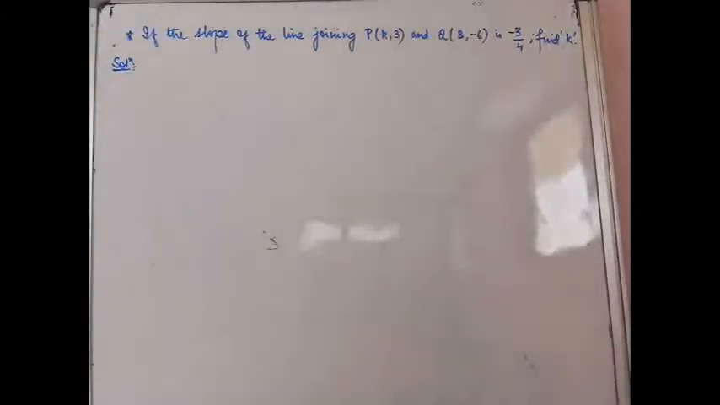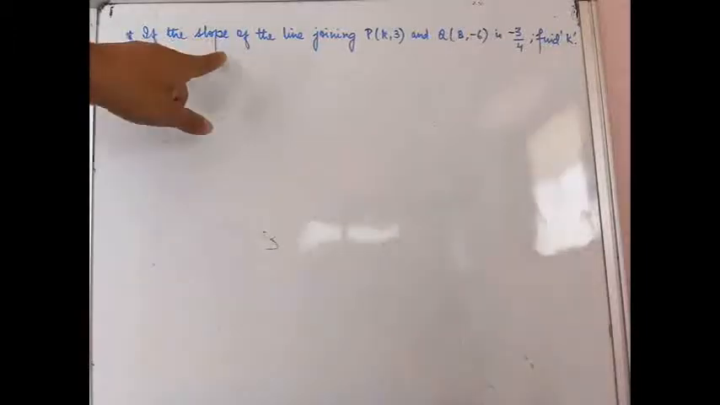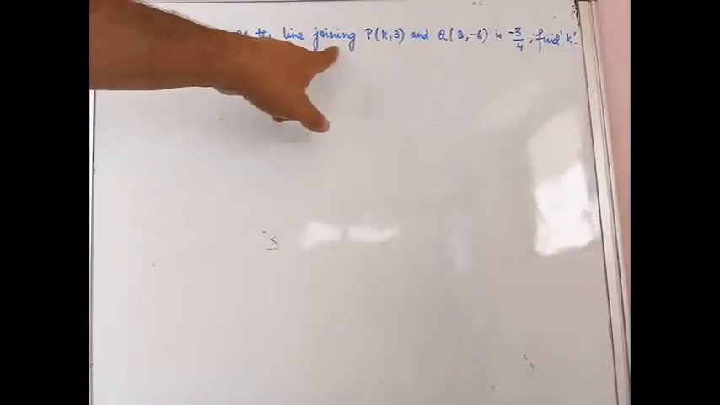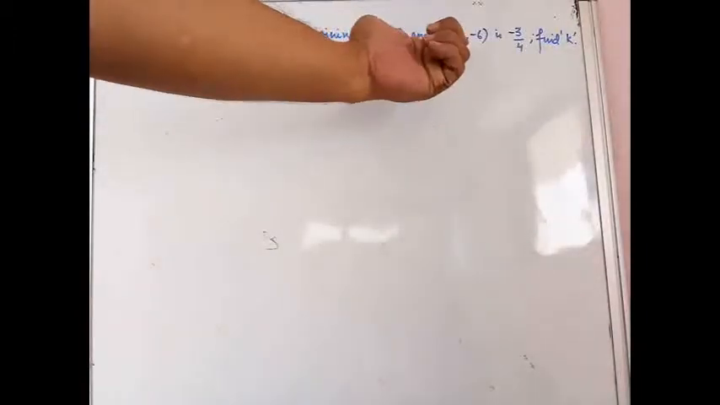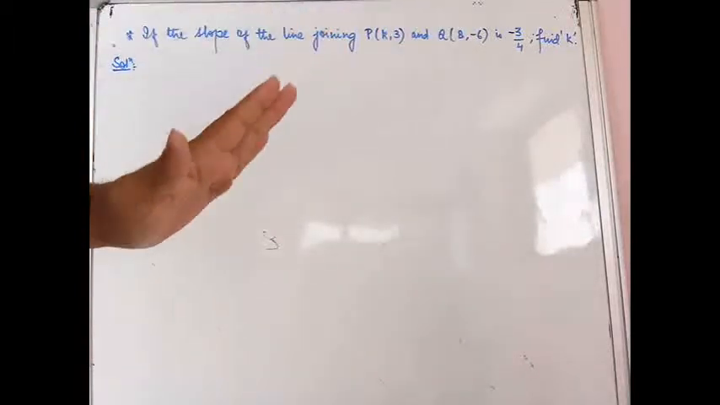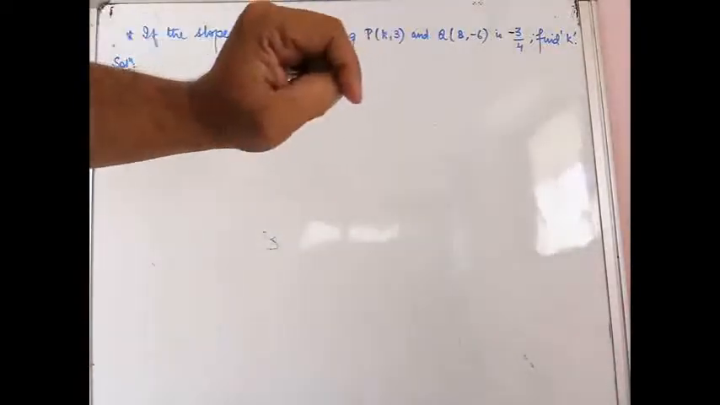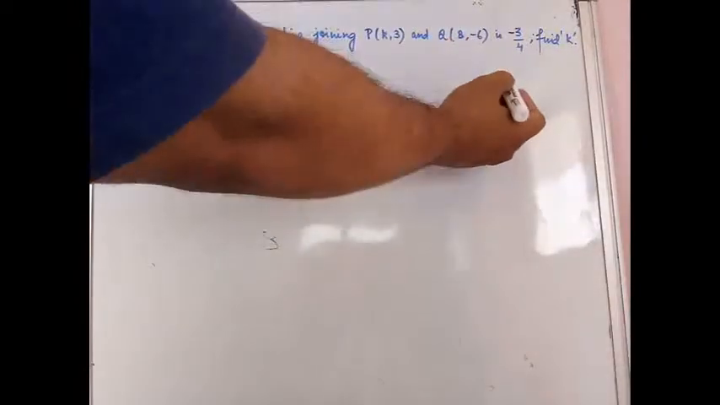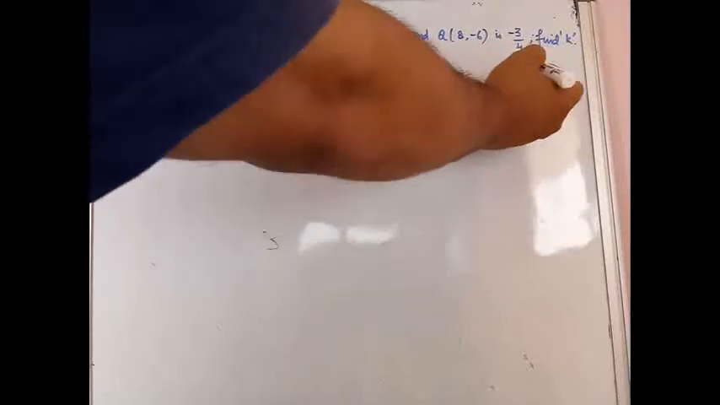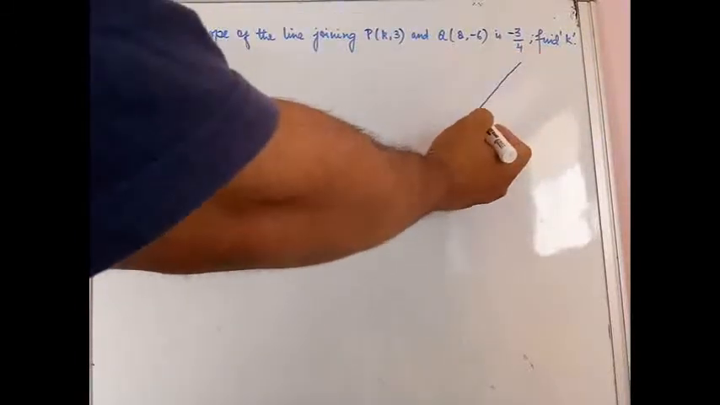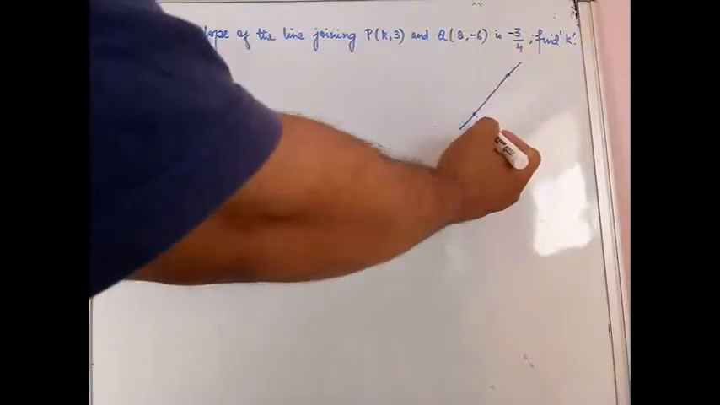Okay, here's another question based on what we have studied till now. If the slope of the line joining P and Q, so these are 2 points that are given. Okay, there is a line running through them. Okay, line joining P and Q. Okay, so you can simply, just to understand more clearly, you draw a line,